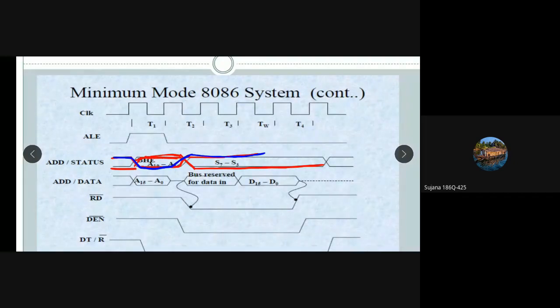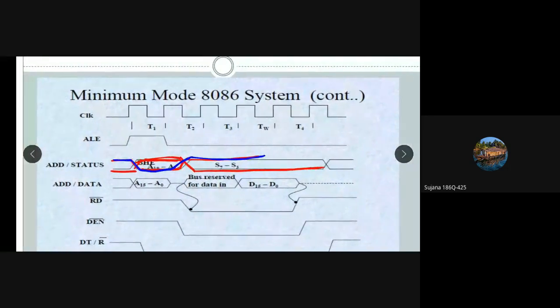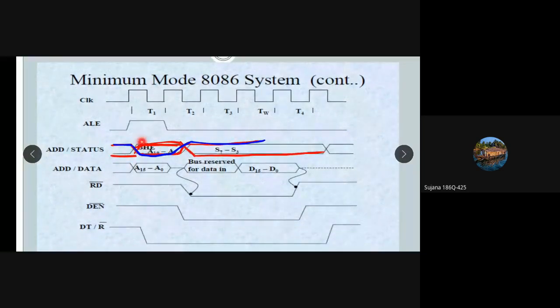Okay. So here the address status will be exactly opposite. Since these are multiplexed address status lines, whenever the address pointer is high, the status will be low. Okay. Here blue line indicates your status and red line indicates your address. So since here the address is low, the status pin will get activated. So at the time T1 address will get activated due to the call of ALE.